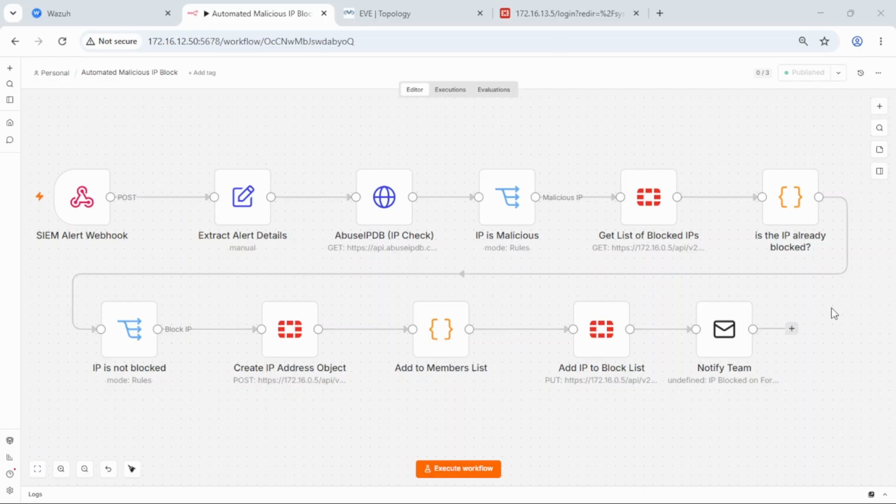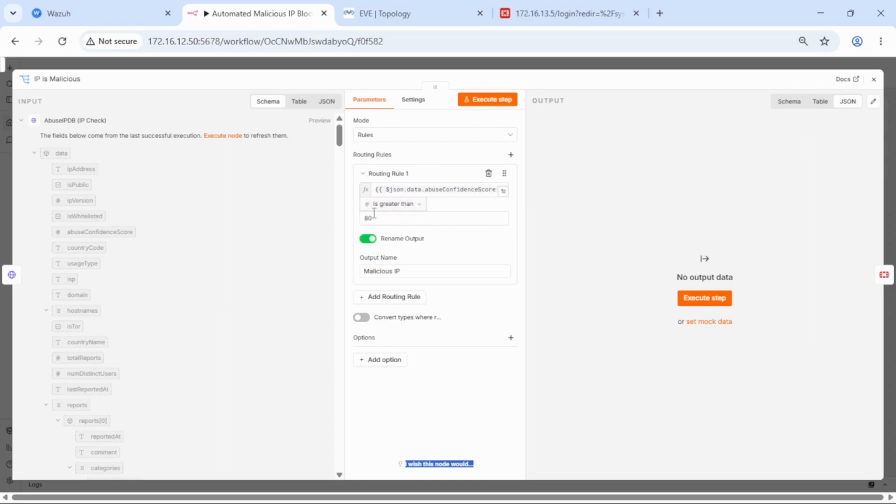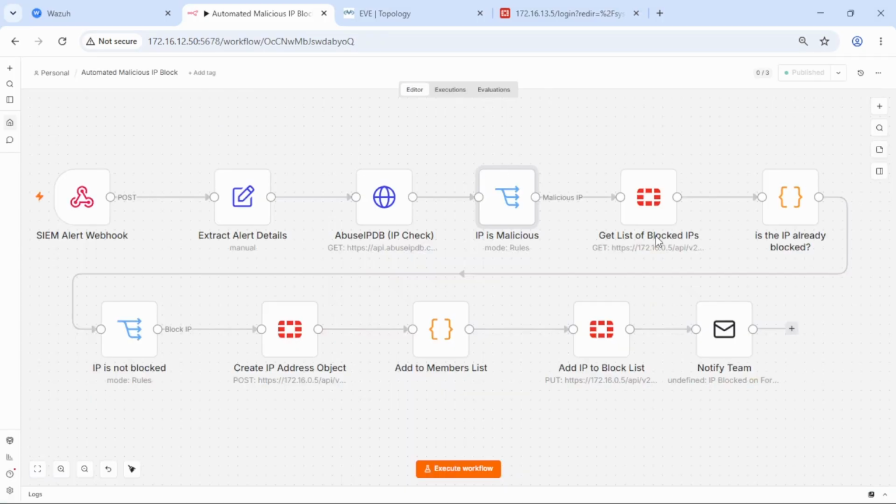This is the workflow that we're going to work on. We have the first node, which basically receives the alerts from our SIEM. Then we're extracting the details that we need for this workflow, which is basically the attacker's IP address. We're sending that IP to AbuseIPDB to check the abuse confidence score. And if the IP is determined to be malicious, and that's by checking if the abuse confidence score is greater than 80, we will basically get the list of blocked IPs from our FortiGate,